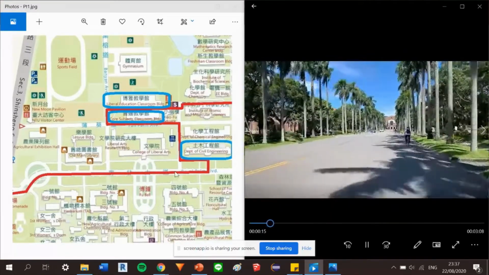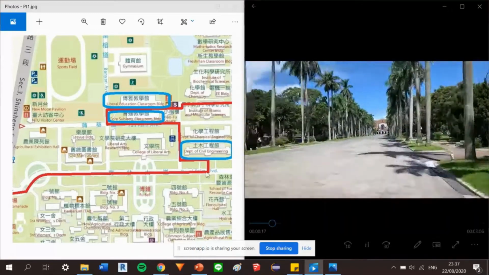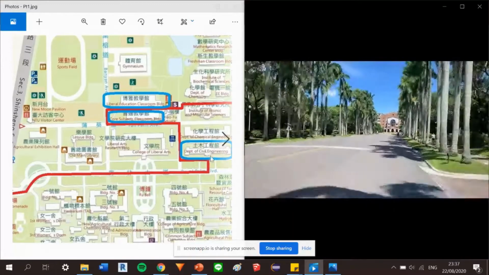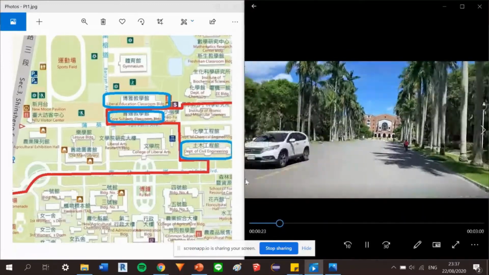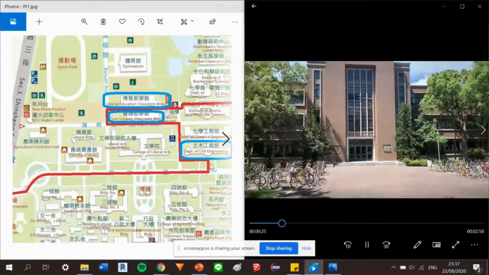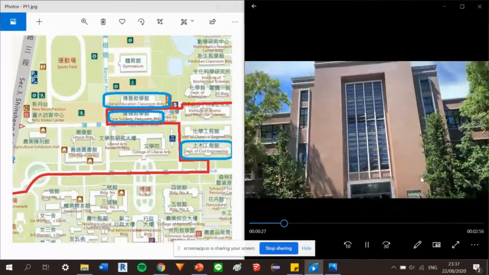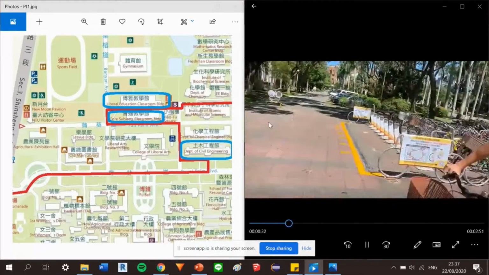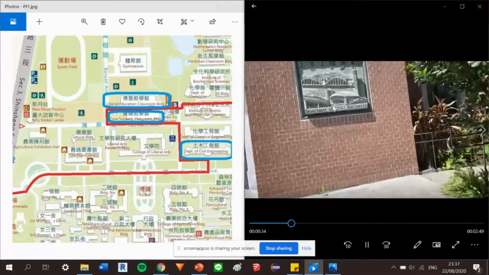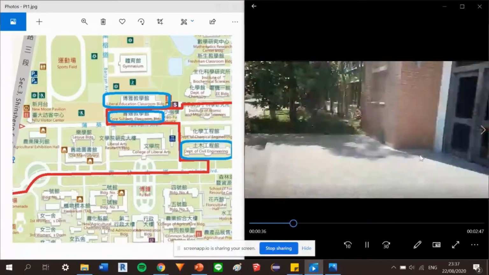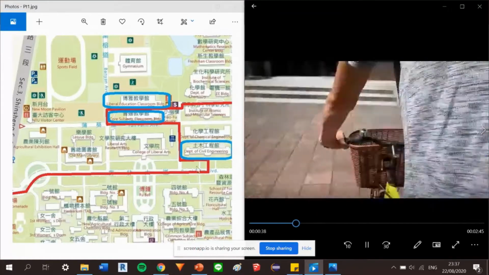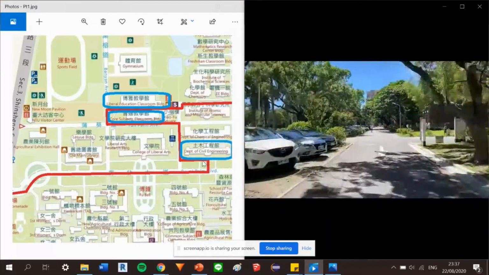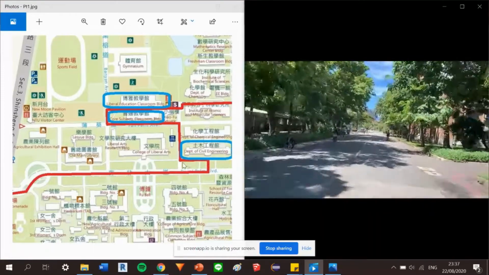So you go straight here, and then first of all, our first stop is the Department of Civil Engineering. So here, almost to the end of the road, we turn left, and you could notice that there's this stuff right here. Yep, Department of Civil Engineering. Yep, so that's it. And then we go left and turn right